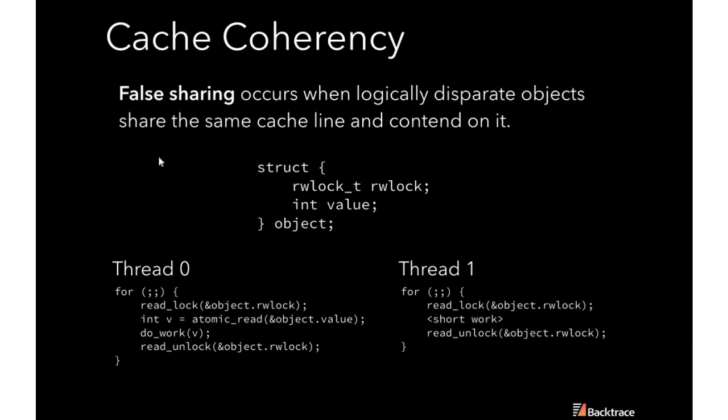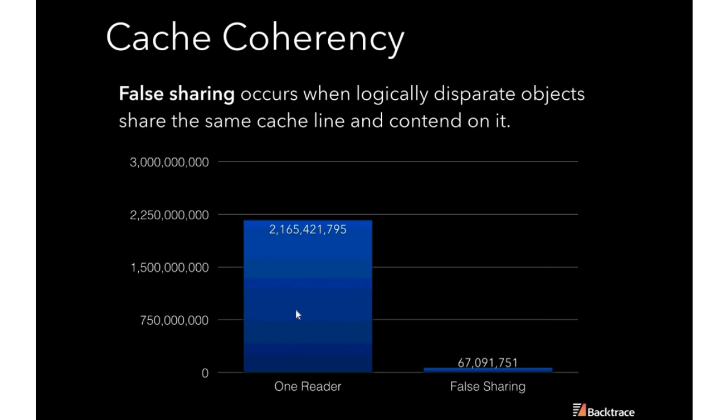Here's another example. So over here we have an object that contains a read-write lock. This can be a read-mostly workload. You have 2 threads acquiring this lock in succession and just doing read-mostly work. So this is an actively mutated state. Regardless, you're going to end up with a significant performance bottleneck here due to false sharing. So with one reader, you could see we have really nice performance, but as soon as another thread is introduced,